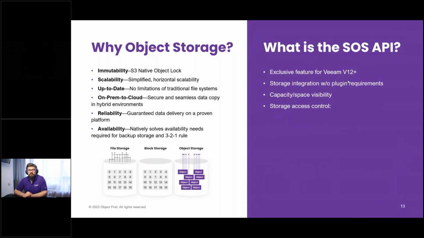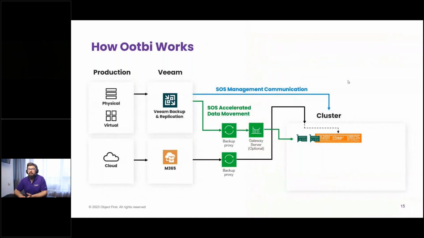And the SOS API is the exclusive feature starting from Veeam version 12. This is almost the date when Object First went to market. So it exposes cache control to Veeam, and Veeam breaks large jobs into smart entities for smart placement. Also, load balancing is included. So how does it work? Data goes obviously not through Veeam Backup and Replication, but through the proxy and gateway servers, just like in the previous session, where you learned, I believe, a lot about it. And there is a management communication within the cluster, right? So data goes directly to the node. Each node has two network interface connectors and two IP addresses, which Veeam is aware of.